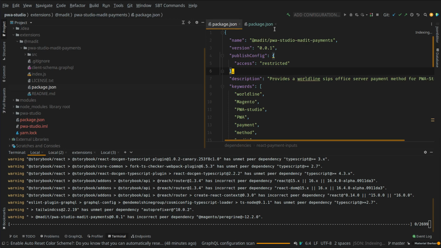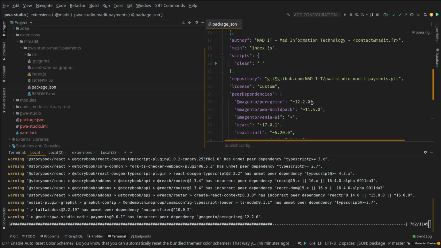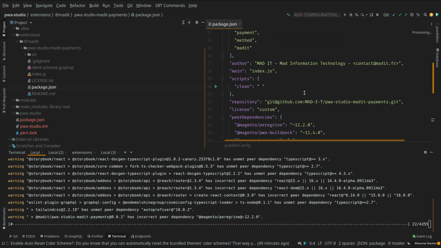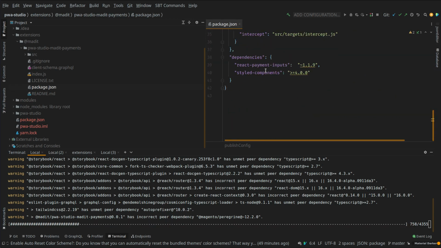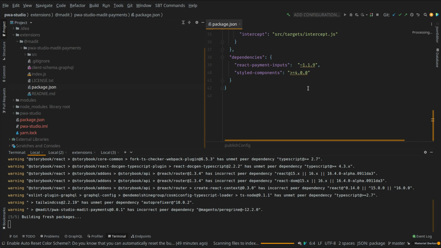To show you what it contains, this is our package JSON. Nothing more than these two components. So this is a React component to handle credit card input, and this is the styling of